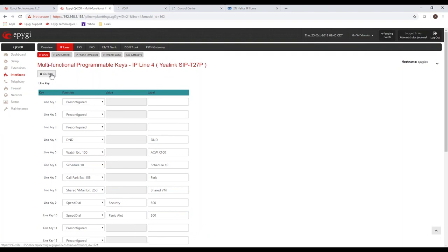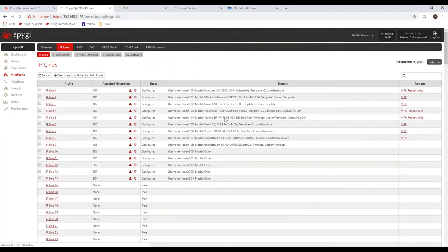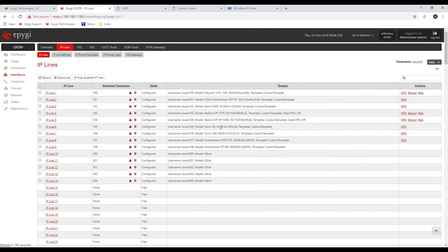Okay, but the one we're looking at is the shared voicemail box. So let's take a look at that. So you configure that. I've already got the phone signed in, so we don't have to wait for the phone to reboot. So now if I pick up a phone, any phone in the office or school, and I dial an outside number. We'll dial 972-692-1166, the Epygi phone number. All right, made an outbound call,